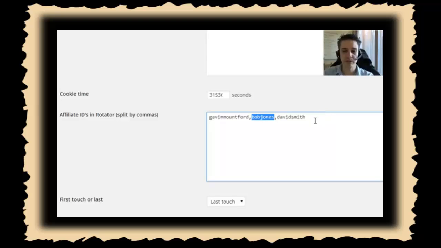So any traffic that came from Google that was not referred by somebody in the first place was tracked back to either myself, which I added myself into the rotator. What I also did was, and I've changed this now because this site at the moment is not live because we're doing this launch, but essentially what happened was I had about 5 people that were really performing well in